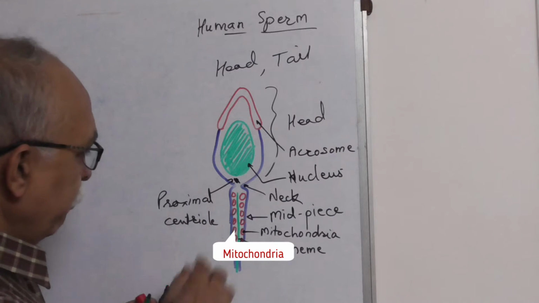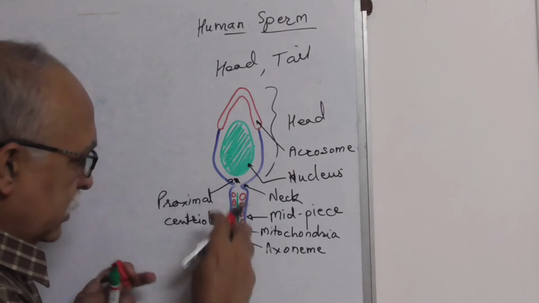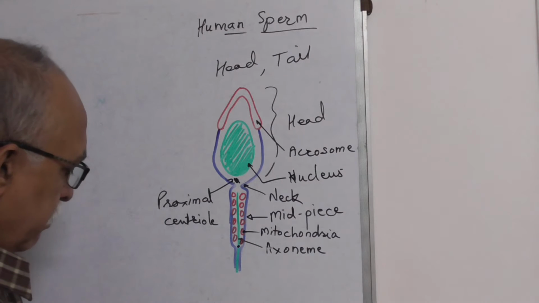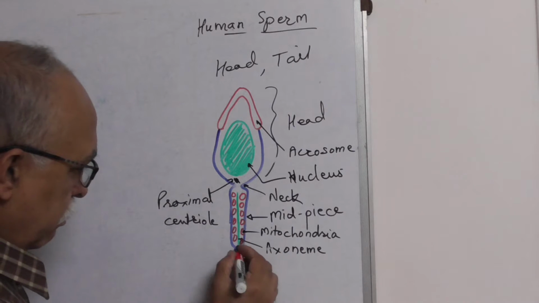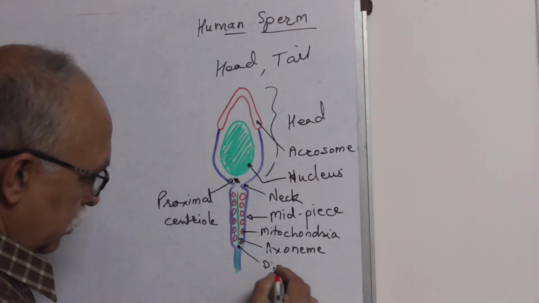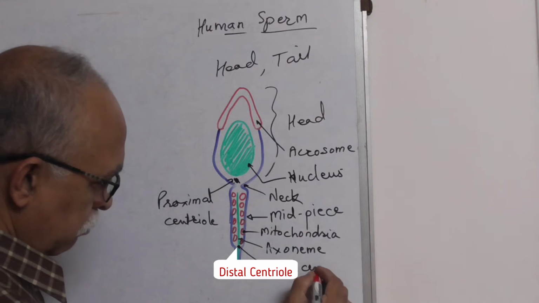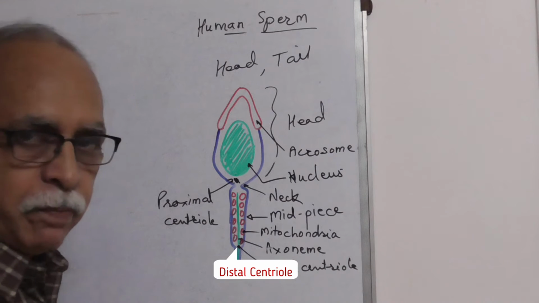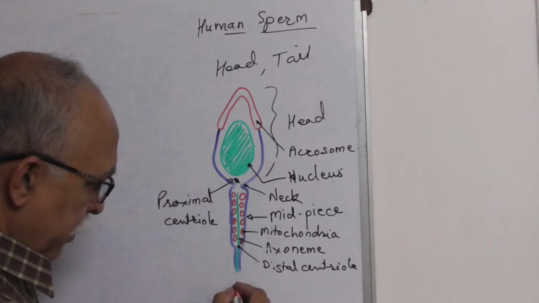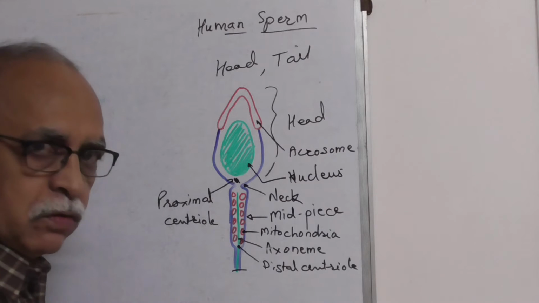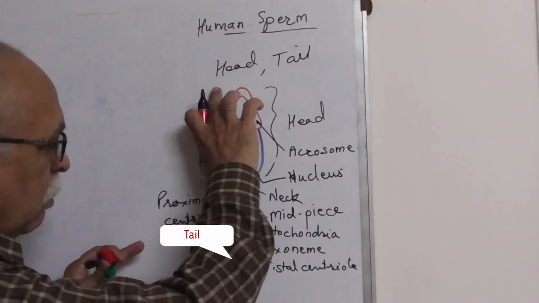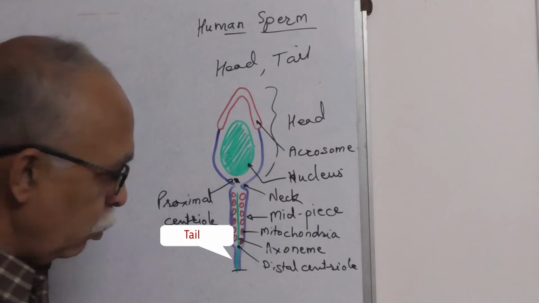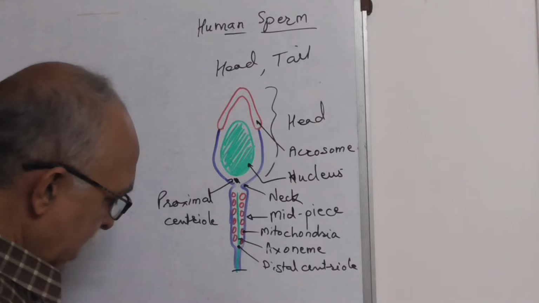Now, at the end of this tail, or let us say the midpiece, somewhere here would be the distal centriole. Then this is tail proper, which continues. See, this is around 5 microns, this will be around 50 microns. It's a very long tail. So this would end